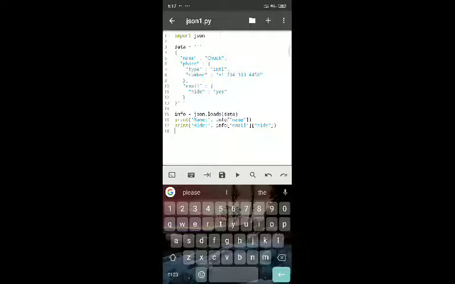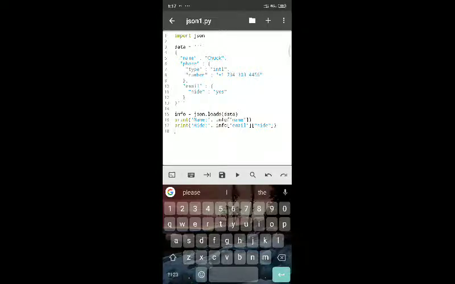Now here are examples: print name, info of name. So you have to use info of name. It will extract the value contained in the field name. Second one, info of email of hide. It will extract the value contained in email, along with the value contained in hide. So both the strings. Here in this email we have hierarchical key-value pairs.